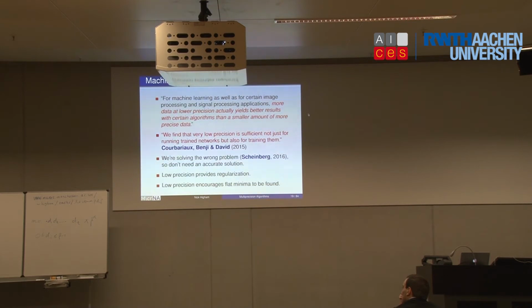Has it made a recommendation in a recommendation system correctly? Whatever correctly means. So it's just a different measure of error entirely. But whatever that measure is, the claim is that low precision works fine, and hence the drive to do low precision in hardware and then to use it in machine learning.